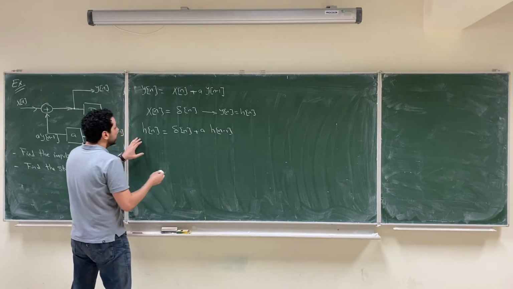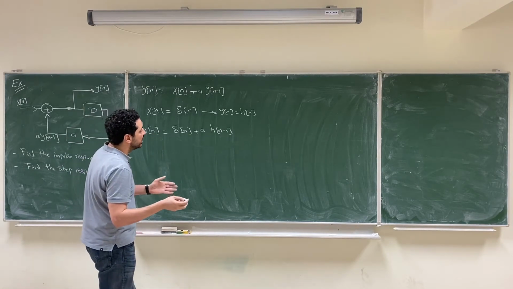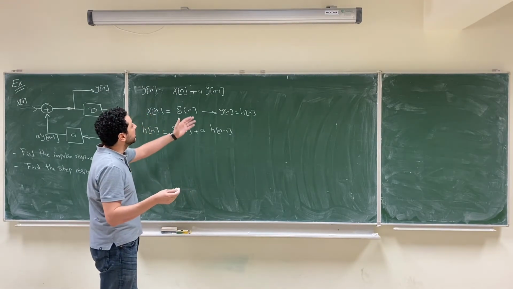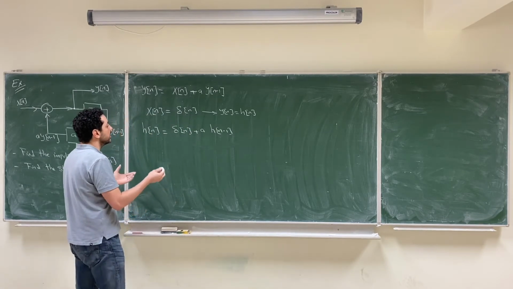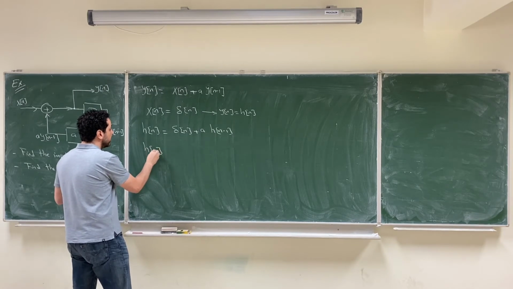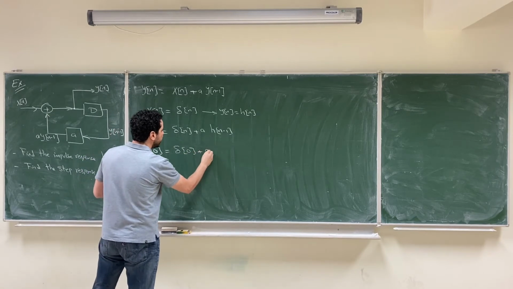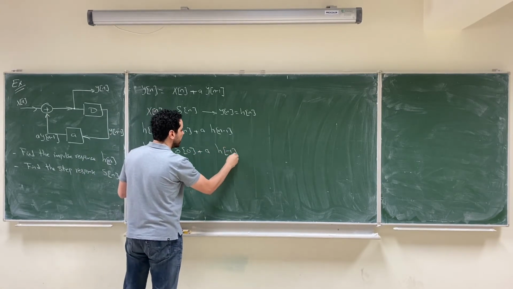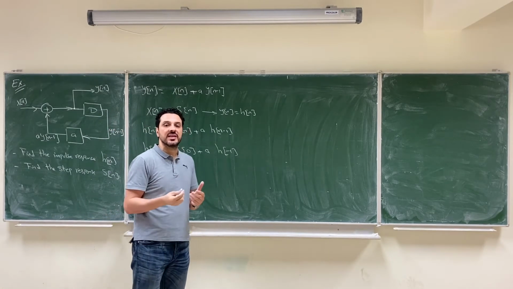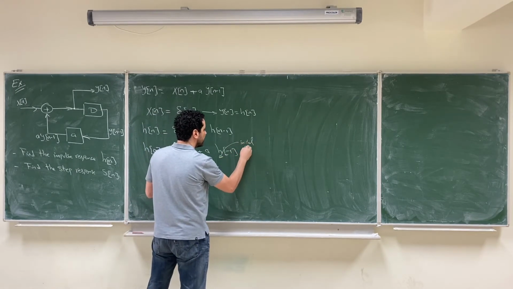How's that? Let's assume that our system is causal. Our initial condition was 0, which means that the output at negative 1 was 0. In this case, h of 0 will be equal to delta 0 plus a h of negative 1. H of negative 1, by the way, is the response, the output of our system at negative 1. And since we assume that initial conditions are 0 for our system,